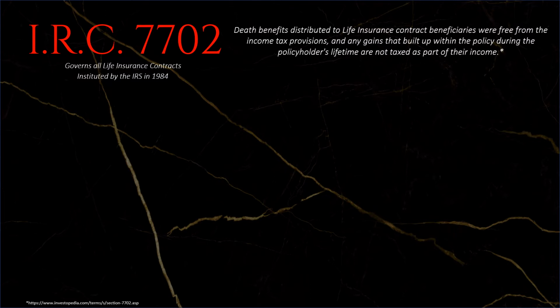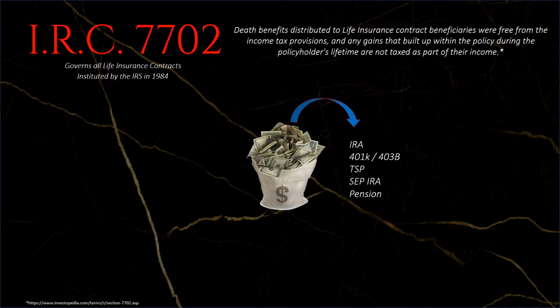So for right now, how are we going to benefit from this tax code? Your money, you put it into an IRA, 401k, 403b, TSP, SEP IRA, pension, or what have you. But you and I know that these are all taxable platforms, and they're attached to the market volatility. And if you don't follow it correctly, there are going to be government penalties implied. And of course, you know that there are going to be tons of Wall Street fees there.